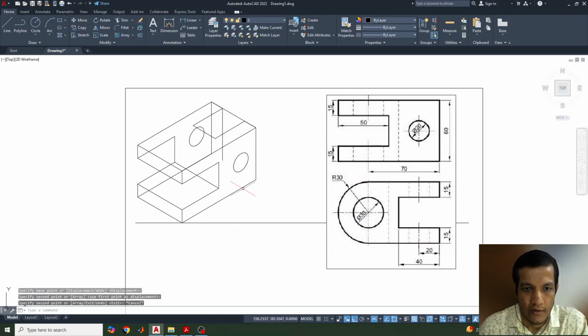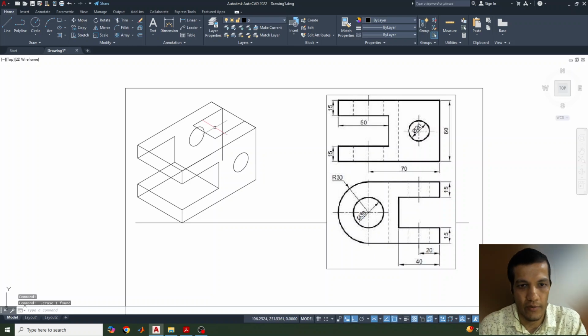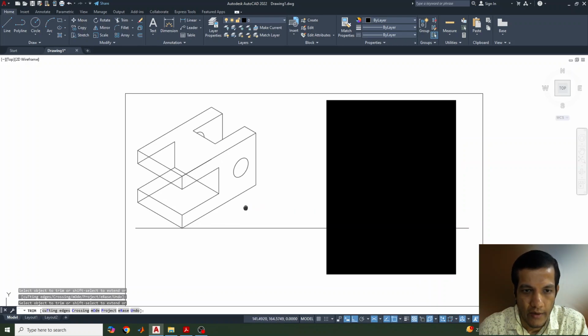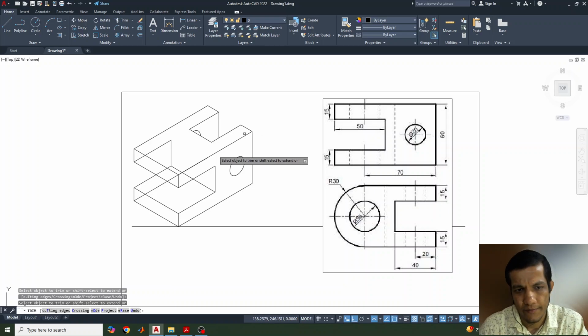Okay, yeah. Now some extra part will delete it. Now it's not required, like this is inside, it will be not visible, so we'll delete that. And this one also you can delete. Okay, and this part we can trim it. So what I'll do, I'll just TR enter, and this is also inside, will not visible, so I'll just trim it. Okay, so you can see few portion we have done, like this portion we have done here,